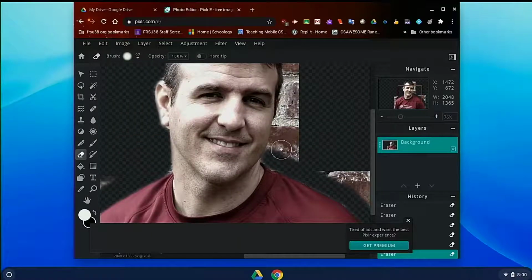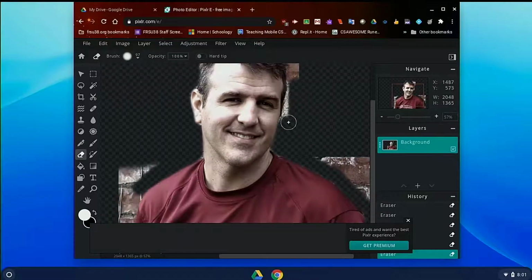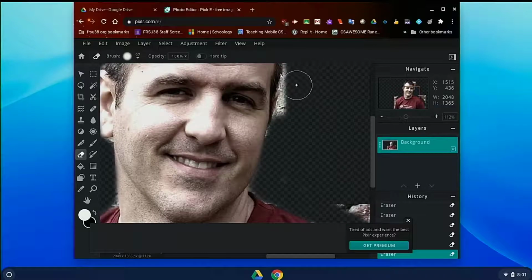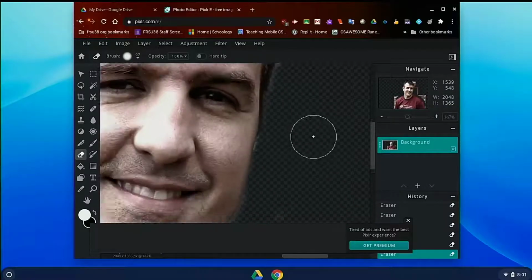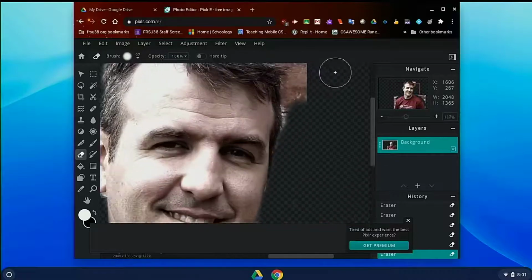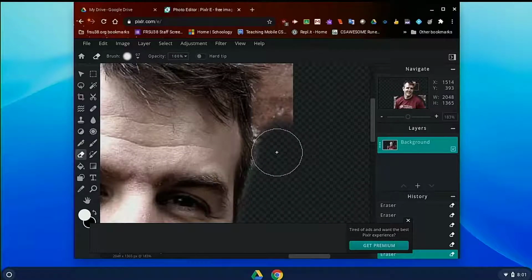Rather than trying to slide on the trackpad, I can Shift once, click, Shift again, and then I can just erase wherever I want after that. But it's a nice way to keep them nice and lined up. And I'm only using the edge of the brush, remember, the edge of the brush,